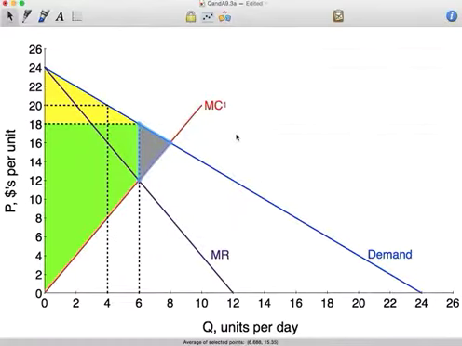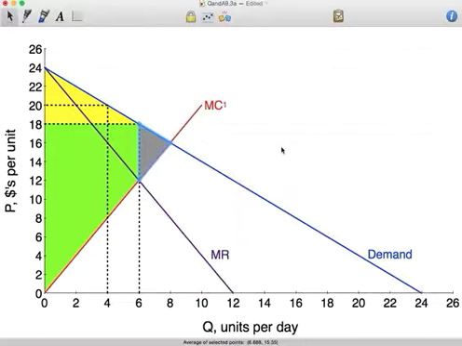Also, if you remember, let me go with consumer surplus. Consumer surplus is the area above price and below the demand curve. So this yellow area right here is the consumer surplus. So that measures the well-being of consumers in this marketplace. And the green area below that is the producer surplus. It's the area below price but above the supply curve, in this instance marginal cost, and it stops at output of 6 because that's what the monopolist is producing, and that gives us the remaining area, which is the deadweight